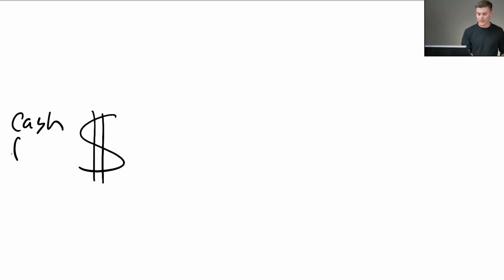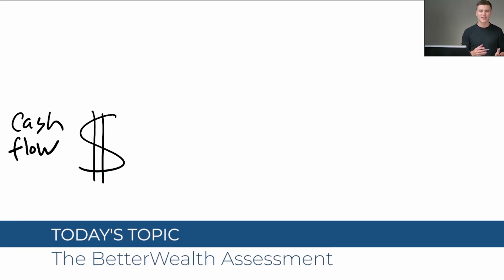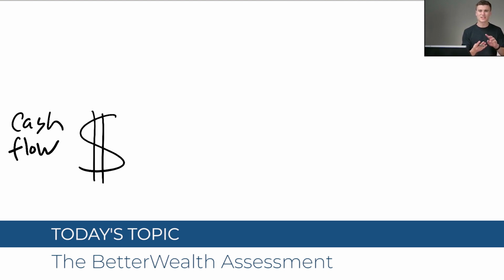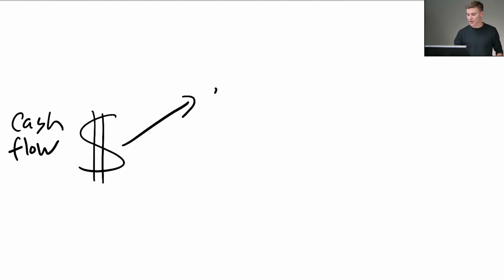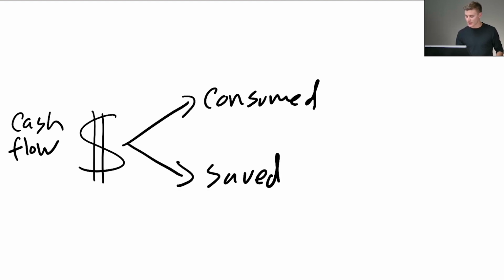Everything that we do needs to be represented on cash flow, because whether it's our salary, our income, future pension, social security, future investment income, our world is based around cash flow. And so this whole model, this whole assessment is based around a cash flow ratio between how much money you're consuming and how much money you're saving. Now, the consumption is based off of any dollars that you lose, whether you lose it to paying taxes, whether you lose it to going and getting a coffee, whether you lose it to a necessary business expense, or anytime you lose or spend or use a dollar, you don't just lose that dollar, but you lose what that dollar could have earned you the rest of your life.